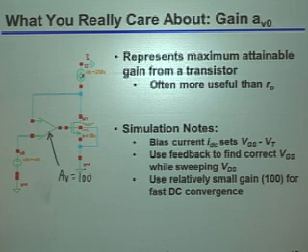Yeah, exactly, just to save time, right? Because as an example, if I really said that Av is equal to infinity, what is SPICE or Spectre or whatever simulator it is going to try and do? Yeah, exactly. It's going to try and get that gate voltage exactly precisely correct to some ridiculous number of